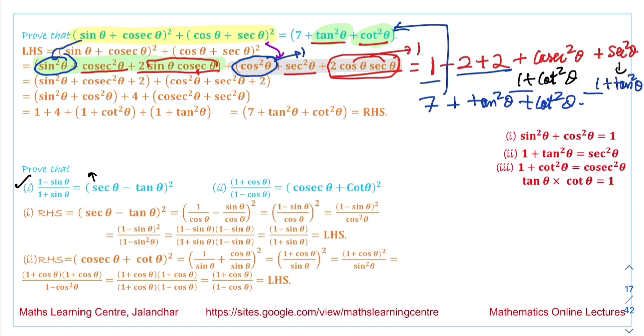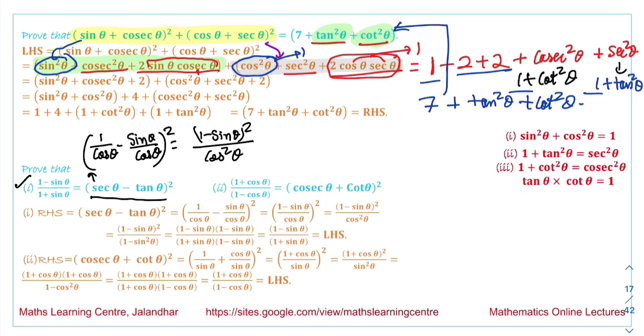If you want to solve from the left hand side, you can rationalize this term. You can multiply and divide it with 1 minus sin theta, and you will get the answer. Otherwise, what we are going to do, we are writing this term as 1 over cos theta minus sin theta over cos theta square. This will give us 1 minus sin theta square